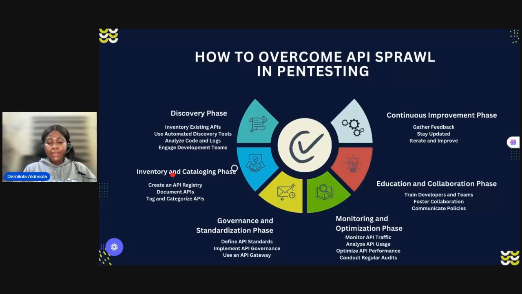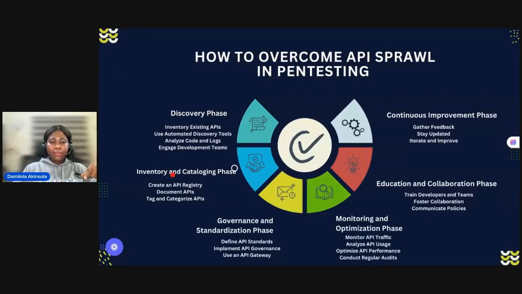Then it's not enough for you to just define the policies. You need to implement them, right? It's one thing to define it, and another thing to implement them. So if you have a big organization, you can have API governing boards or processes that actually oversee API development from the beginning to when it's deprecated or retired. What this does is it helps you have oversight on your APIs and ensure that you know everything going on from the beginning through the end.